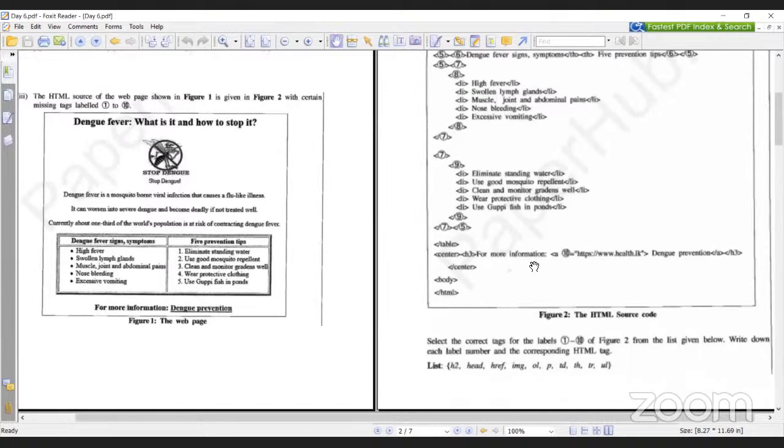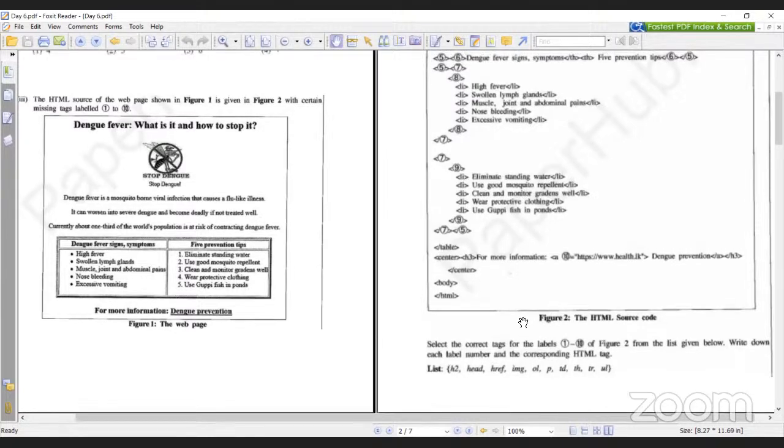And 10, you have a link. A is given, so definitely href is coming. A, href. Don't worry about that, you can write it without even looking. Right? Okay. We will go to the